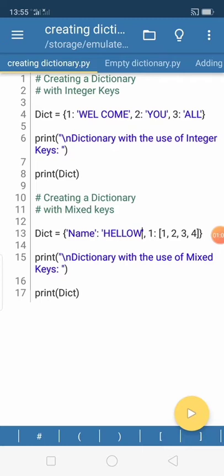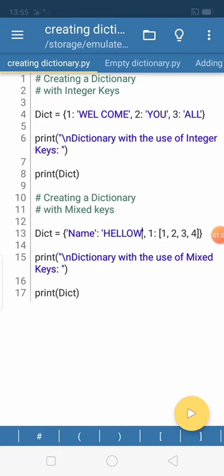That means to create a dictionary we have to use curly brackets and a list separated by commas. The sixth statement prints the dictionary with the use of integer keys. Here the integers 1, 2, 3 are used as keys to create the dictionary. After executing print dict at the eighth statement, you will get the message on your screen.